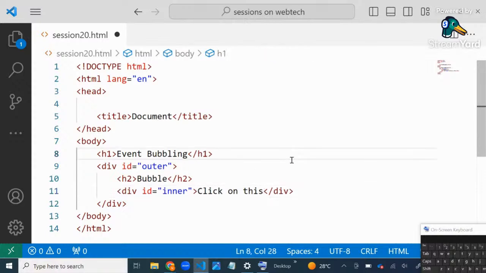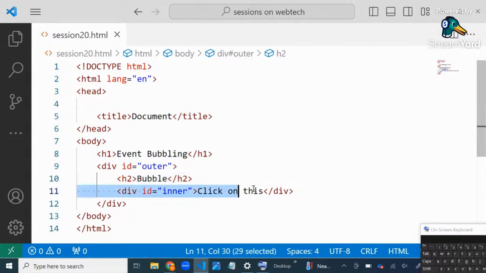Fine. I will save. What do I have? Just one heading and one div tag. Inside the div tag, another h2, that is another heading, and one div. That's all. Done. I hope everyone has completed. Good evening, guys. Okay, so next,